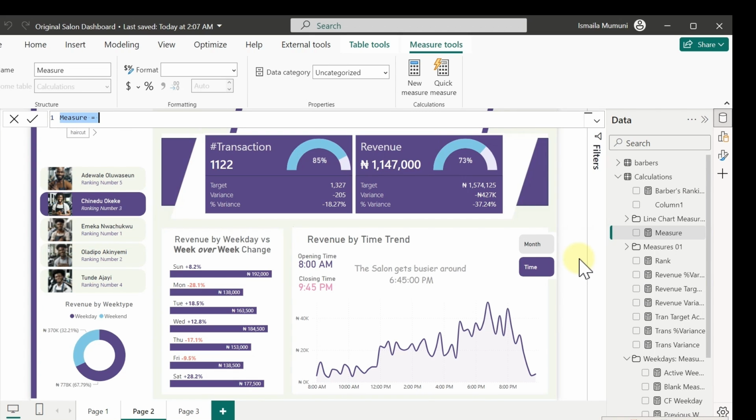To zoom this particular measure here, your Control and the plus will definitely give you something like this. So I'm going to say CF for reference